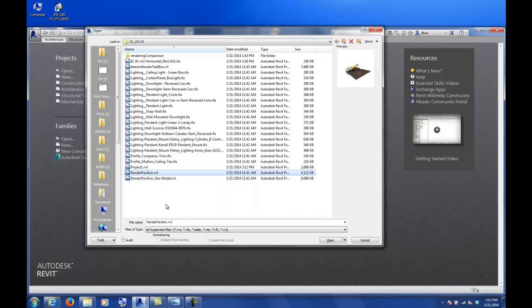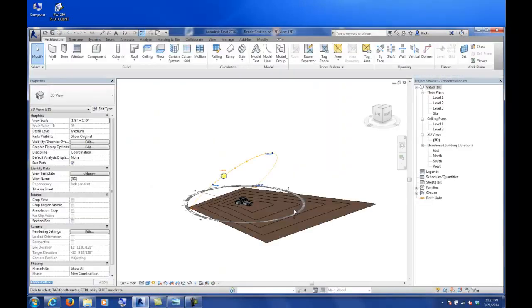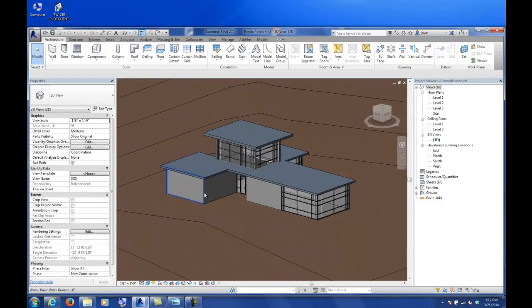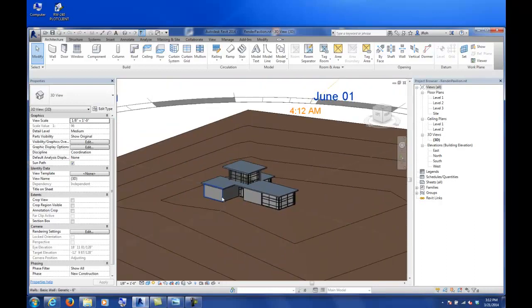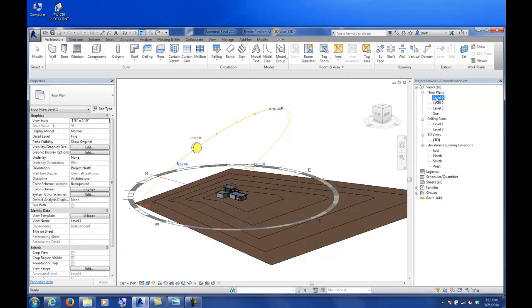Let's do the Render Pavilion. There's two in there. There's one called Render Pavilion Site Model and then Render Pavilion. It's nothing fancy, but it's basically a piece of land and a little box house there. But what I want to do is go ahead and go back into a floor plan view of this,